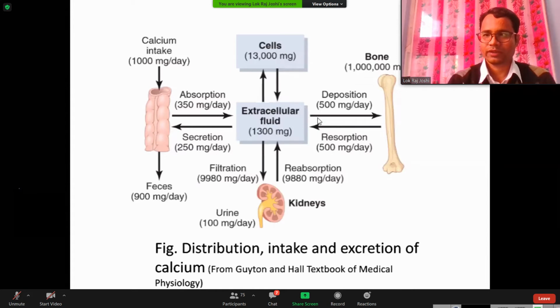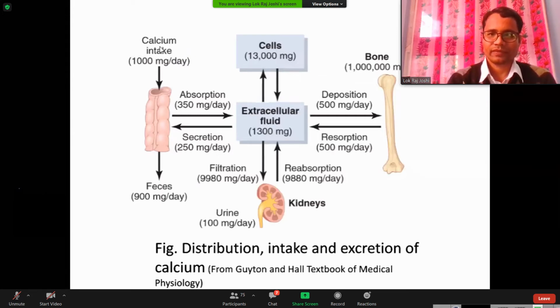So calcium can be released from bone to come to the extracellular fluid, and it can go from the extracellular fluid to deposit in the bone. According to the necessity, the direction in which the reaction goes will depend on the calcium levels in the extracellular fluid. And similarly, extracellular fluid and cells are also in equilibrium. And also from the dietary sources, mainly dairy products and meat,